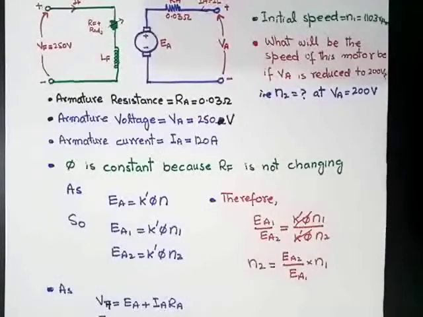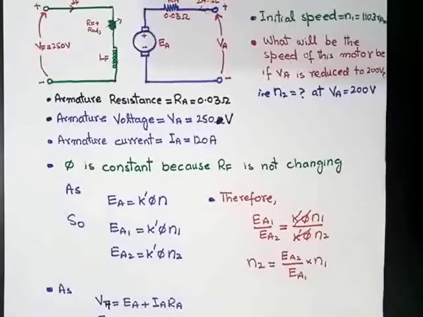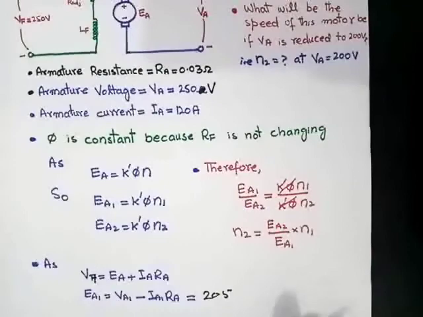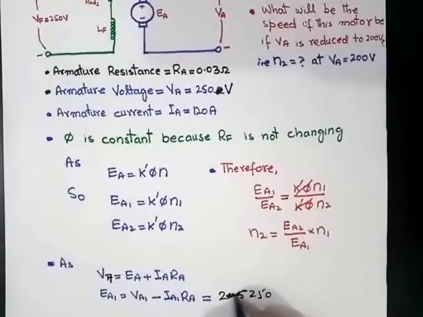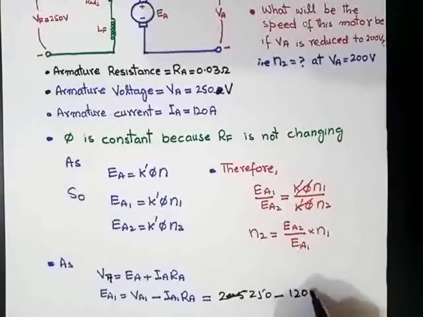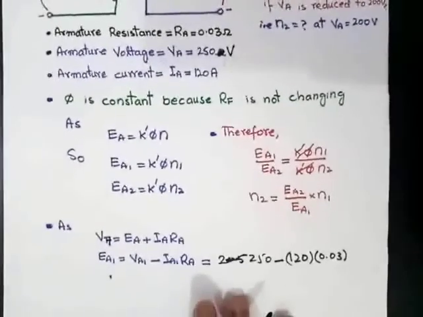Putting the values of VA1, IA1 and RA in this equation: the value of VA1 is given as 250 volt, minus the value of IA1, which is 120 ampere, into the value of RA, which is 0.03 ohm. By solving this equation, we get EA1 is equal to